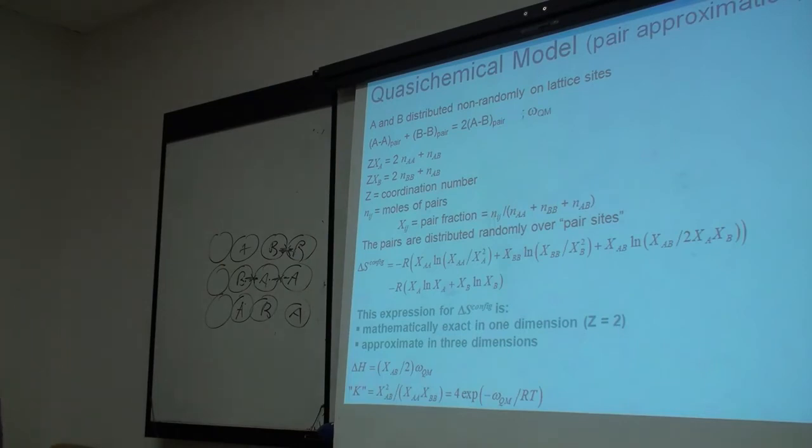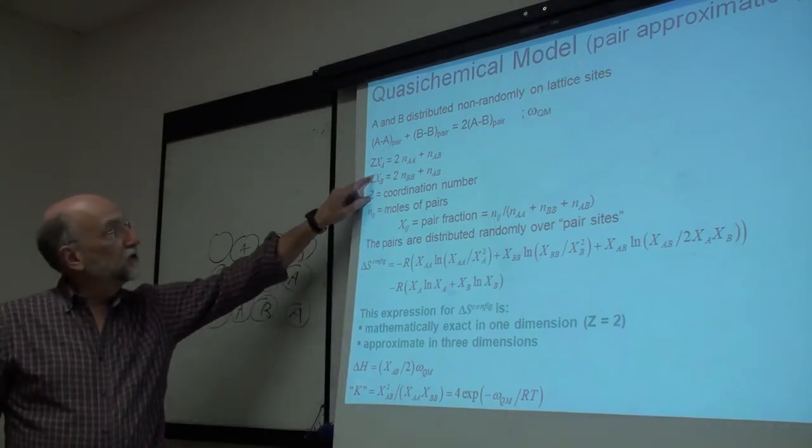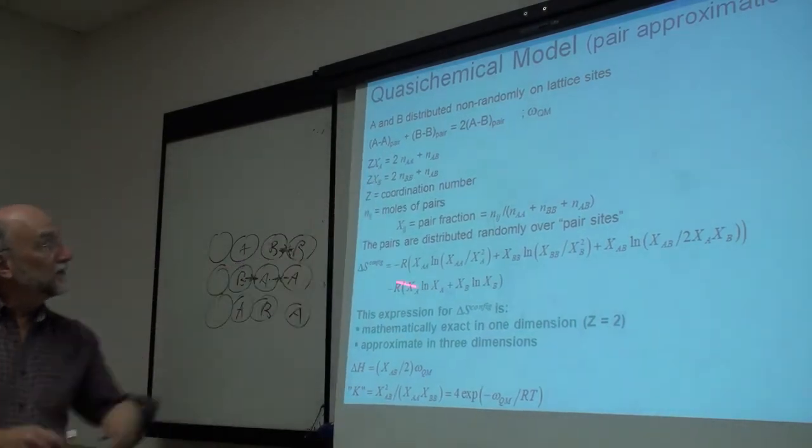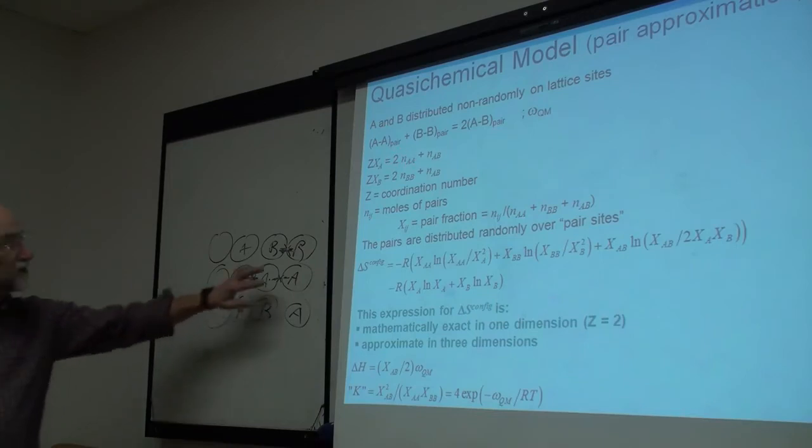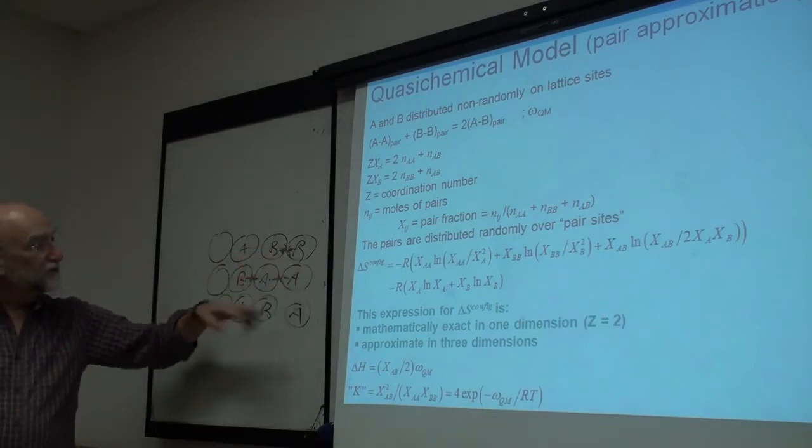Okay, Z is the coordination number. Z is the number of nearest neighbors around a central atom. So you have a mass balance. In 1 mole of solution, you have XA moles of A, and each has Z nearest neighbors. Those nearest neighbors are either AA pairs or AB pairs. So ZXA is twice the number of moles of AA pairs plus the number of moles of AB pairs. The reason it's twice is because you're counting the AA pairs